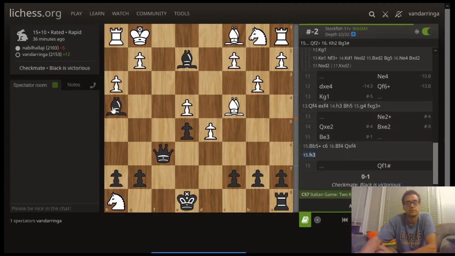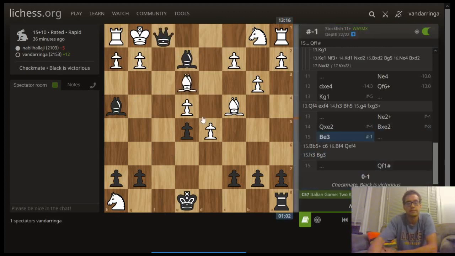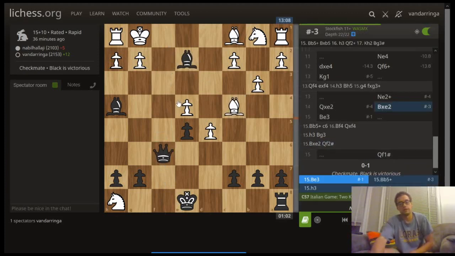h3 might buy him a little time. Actually, no. Queen f2. This would work as well. But queen f2 will force matters. He ended it like that. Could have very well ended it like this. It's a little more materially efficient. But anyway,